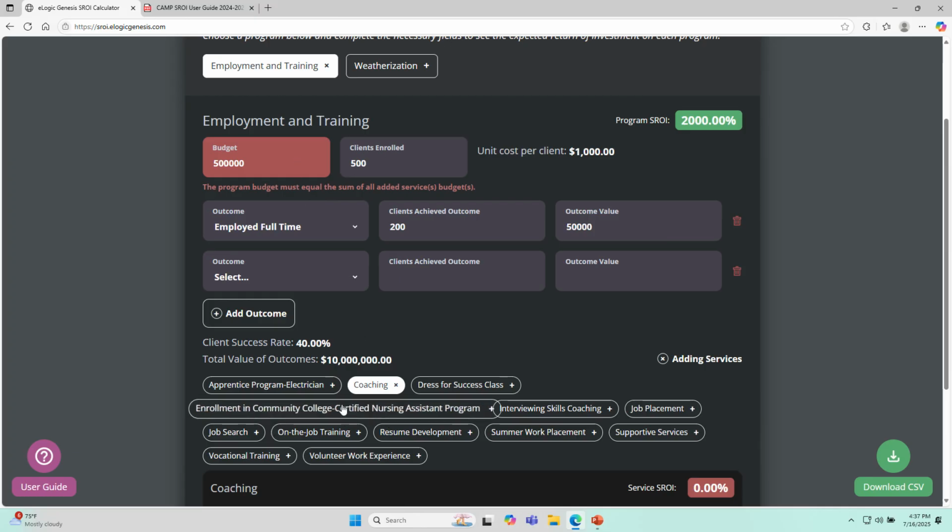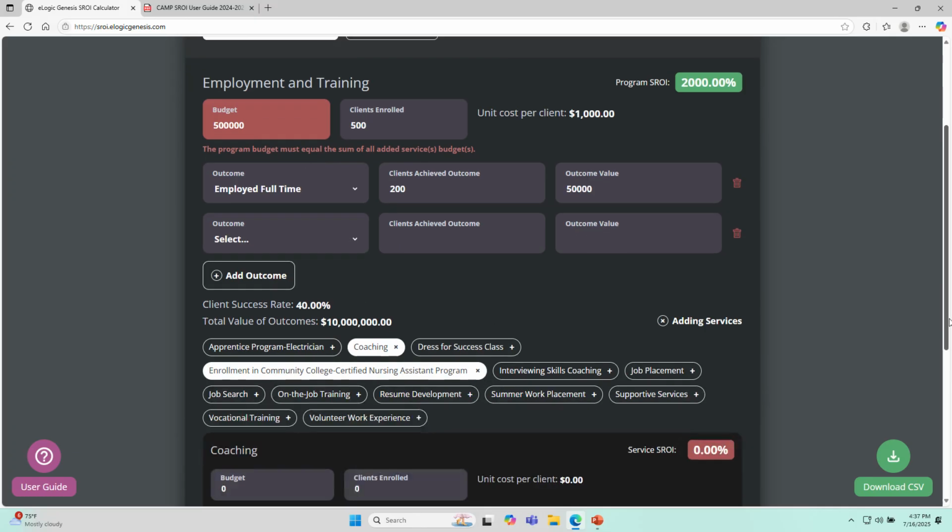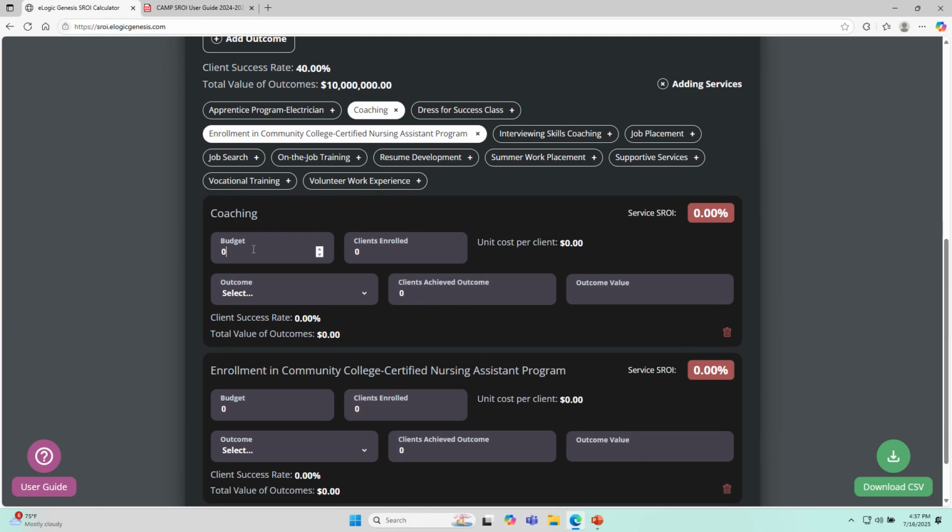Let's see, hold on a second. That's the budget. The point is, you'd have to change the numbers here. It gives you the ability to show multiple services producing the outcomes. As long as the total budget across all the services is under $500,000, it's fine. It turns red if you put too much into it, so it does stop you. It'll tell you the values on each one, the success rate and all that. So you can play with this.